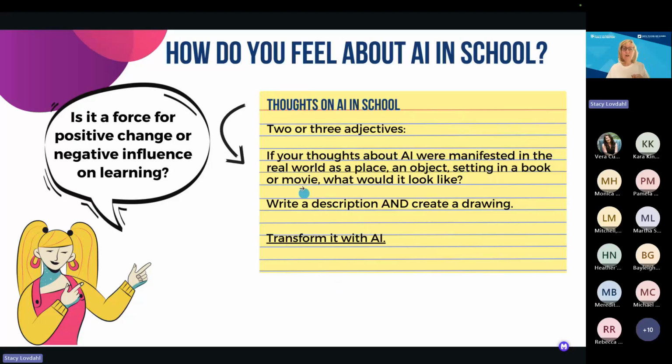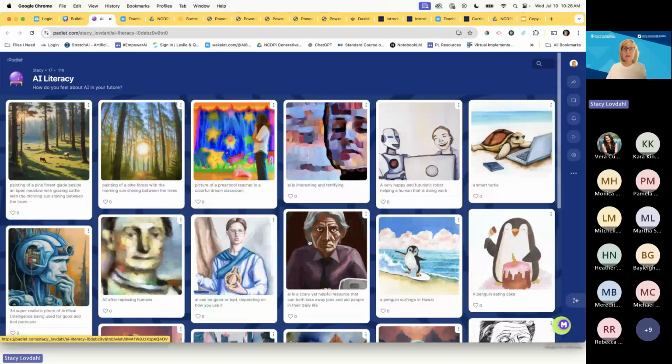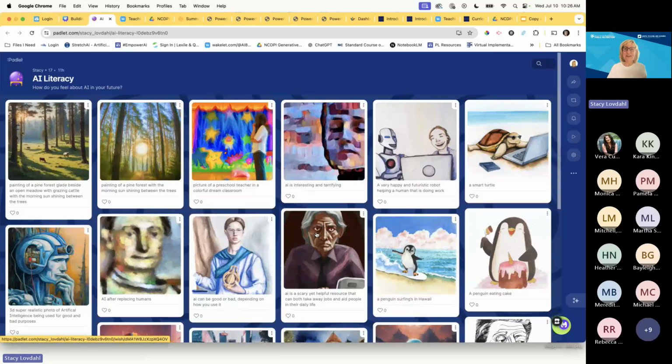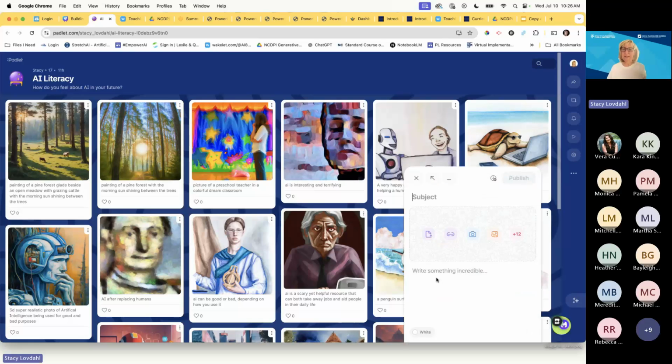So we had note cards and they did some of this. They wrote a description, they talked with each other kind of fast, because we didn't have all day. And then we jumped over here to Padlet. In this school district, students were allowed to use Padlet, but I set it up to be a moderated Padlet because, high school. If you want to click on that link and jump over here to see what they did, I taught them how to use Padlet to do a quick little prompt.